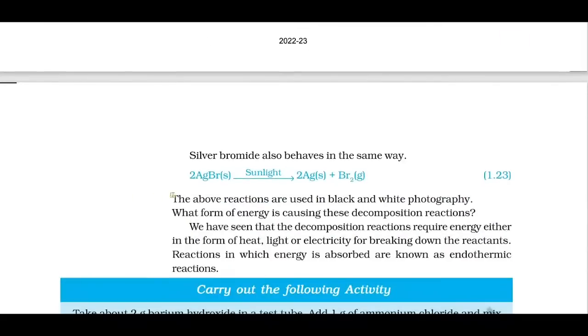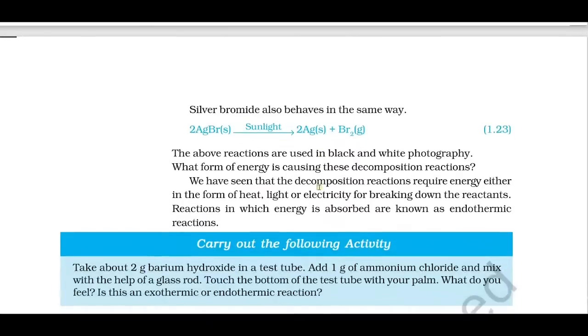And we have one more reaction. Silver bromide, on exposure to sunlight, gives silver and bromine. These kinds of reactions require energy, either in the form of heat, light or electricity, for breaking down the reactant. Hence it is called an endothermic reaction, in which heat energy, light energy or electrical energy is utilized to break